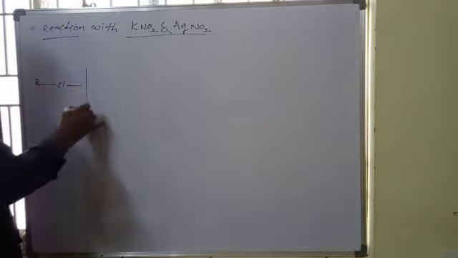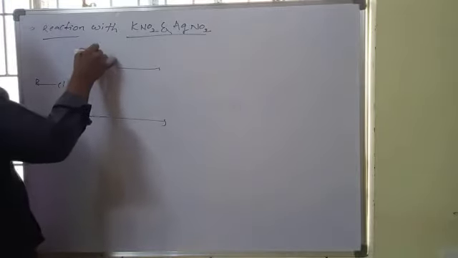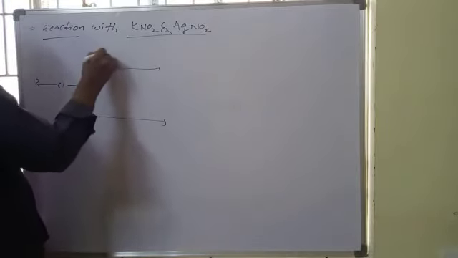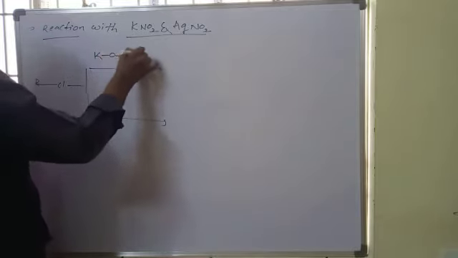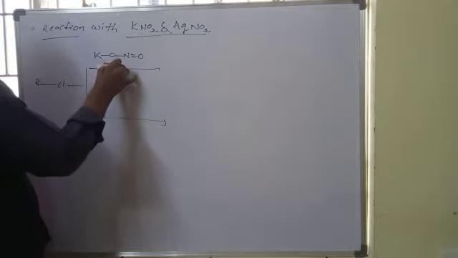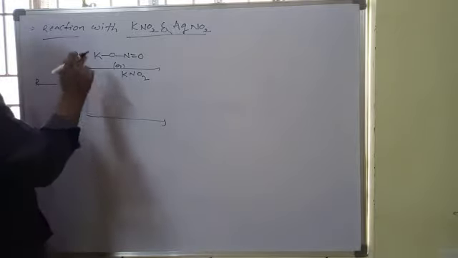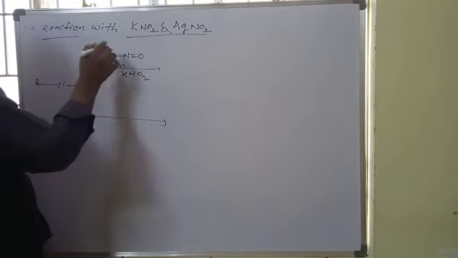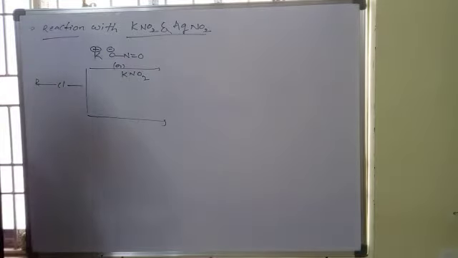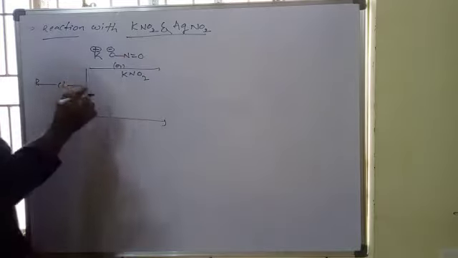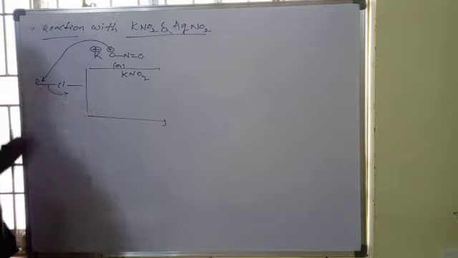So alkyl halides, when they react with potassium nitrite and silver nitrite, the product formation is different. In the KNO2 structure, K is attached to oxygen and N double bond O. This is an ionic bond, meaning oxygen carries a negative charge and potassium carries a positive charge. So free ions are present, and that's why this negative nucleophile will attack and chlorine is eliminated.